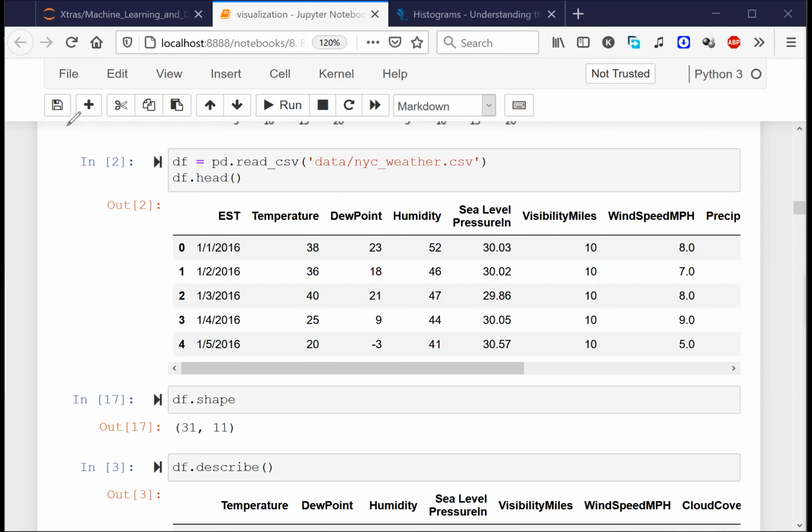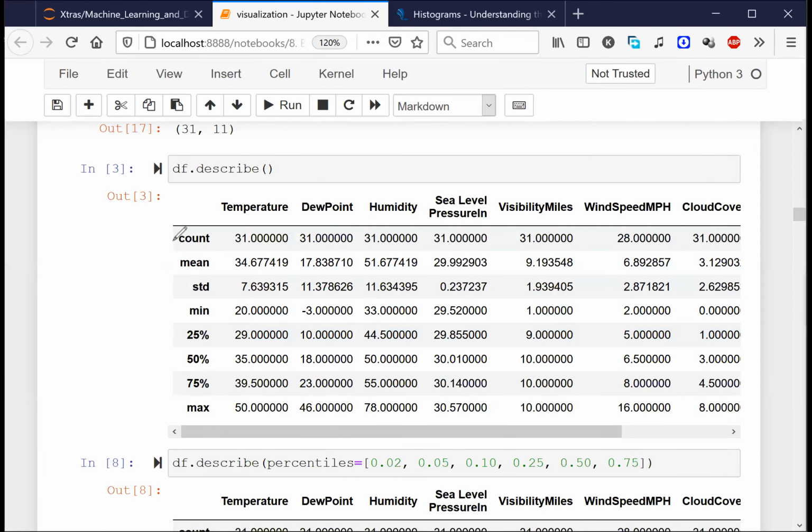Similarly, if I say df.describe, I can look at all the statistical information. I can see the minimum value in each column, the maximum value, the mean, the standard deviation, and the 50th percentile, or in simple terms, the median of each column. Is it clear to everyone, yes or no?